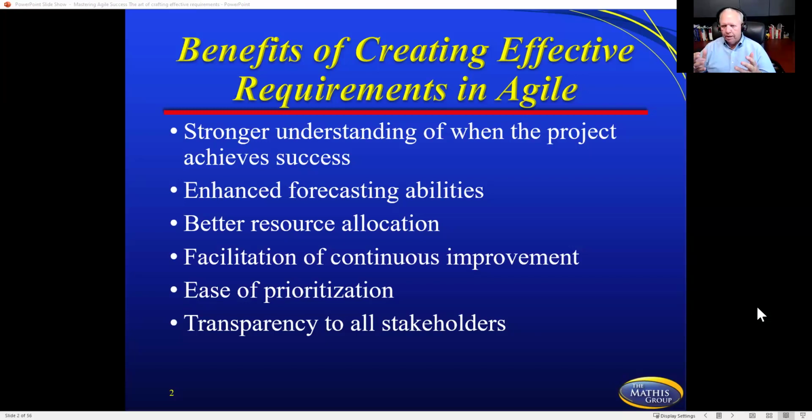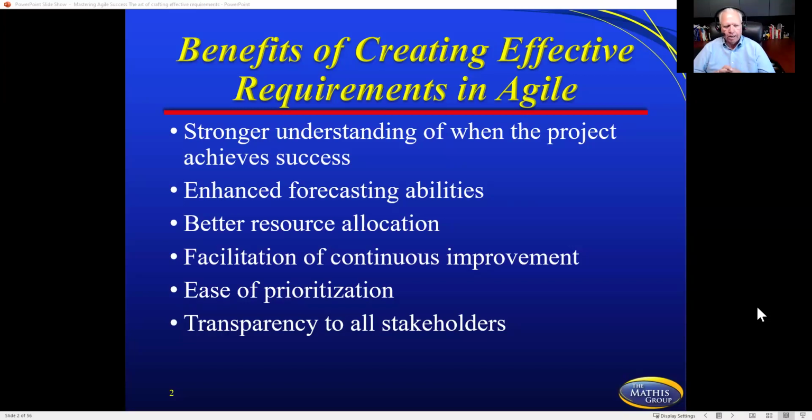And the reason for that, as you know, is because Agile is used especially if you're hitting a moving target or you're not real sure what needs to happen down the road, a new technology, a new thing that you're trying to put together, and so you're trying to learn from a lot of different environmental things. That's one of the reasons why people use Agile, so that they've got that capability. But one of the benefits is you're going to have a stronger understanding of when the project achieves success,